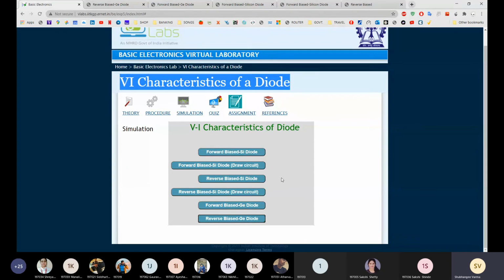Okay, but make one folder of SDC practicals. In that, make one folder for experiment number 1, VI characteristic of diode, and in that there will be 4 images, 4 tables will be there. Forward bias characteristic table, forward bias plot for silicon. Okay, then reverse bias table and reverse bias plot. 4 images for silicon and 4 will be for germanium. Okay, so this will be your experiment number 1. After simulation, you have to solve the quiz.